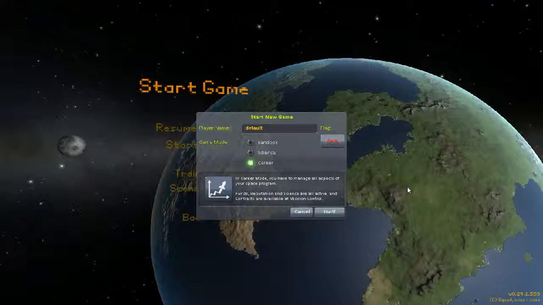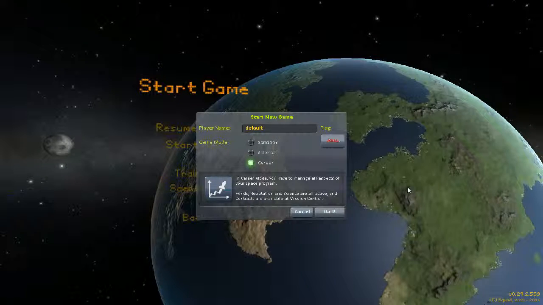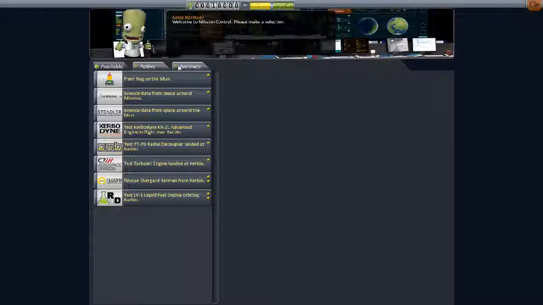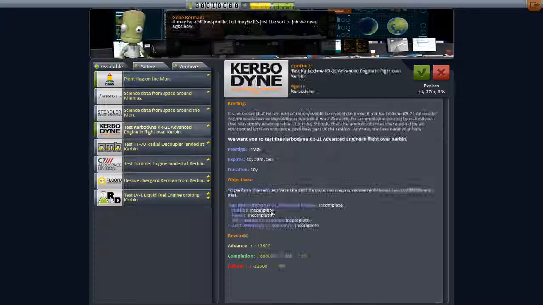Now, the full career mode gives funds, reputation and science, and also contracts. So this is mission control, where you get all these different kinds of contracts and they give you all sorts of different things to do. So for example, plant a flag on Mun. That's essentially what it is. Fly to the moon, plant a flag. You also get to test parts, and that will give you access to the parts earlier than you would have